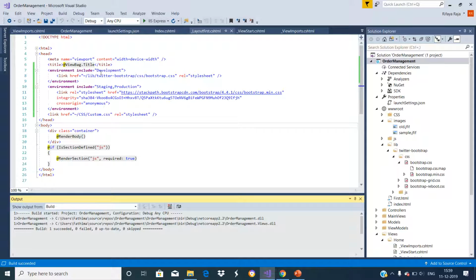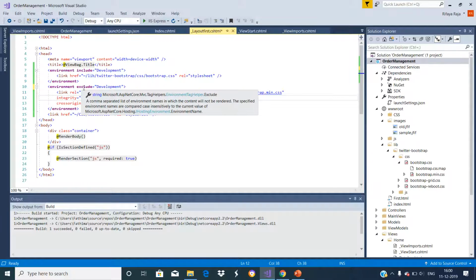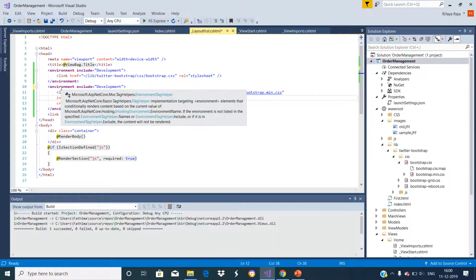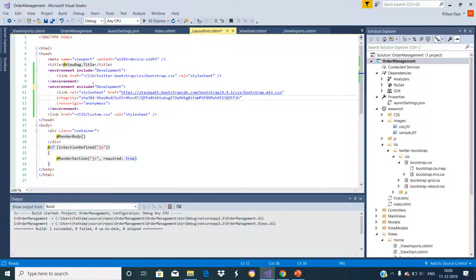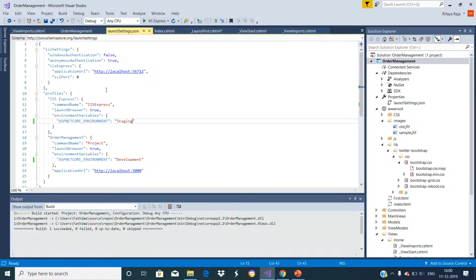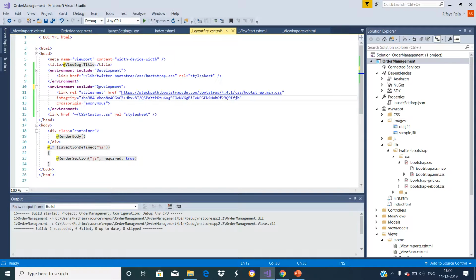Along with this include attribute, we can also use the exclude attribute. The exclude attribute is basically used to render the content of the environment tag when the hosting environment, that is this environment, does not match the environment that we specified in this attribute.